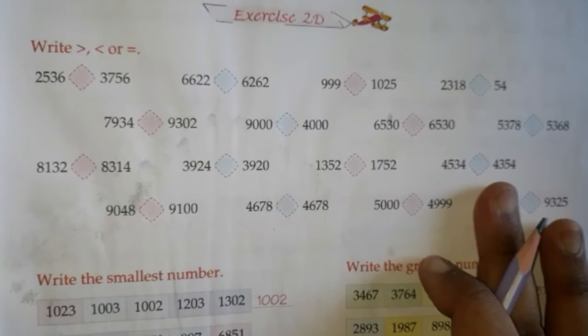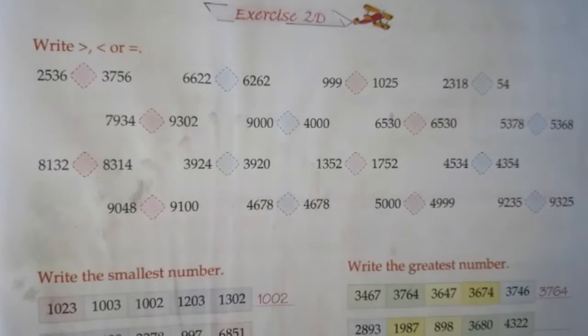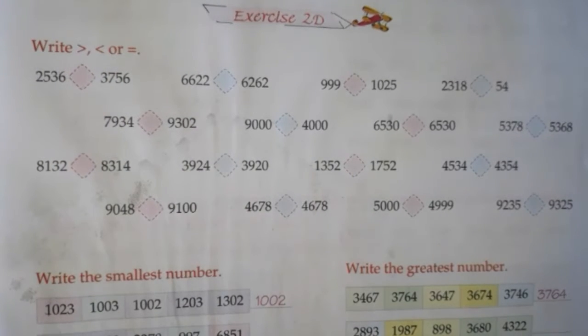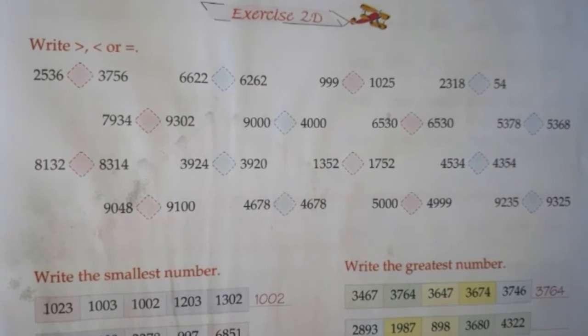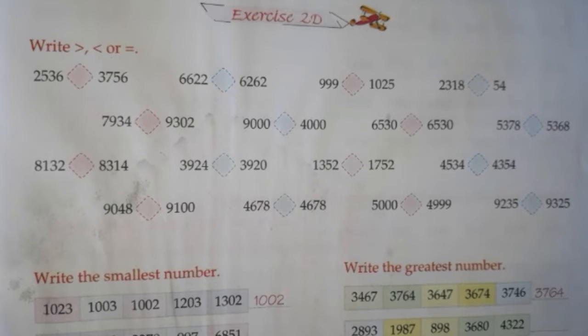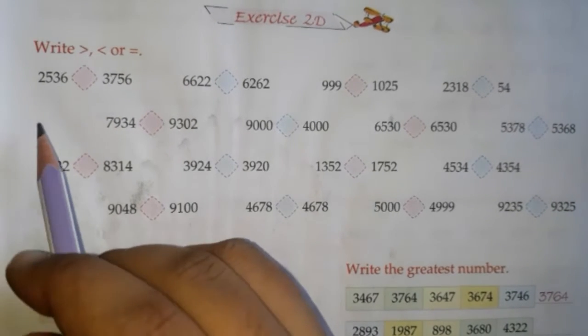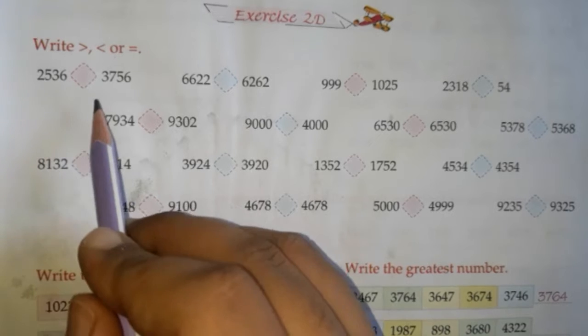Next exercise is 2D. First question is write greater than, less than, or equals to. We have to show which number is greater or which is lesser by these signs. Okay, so 2536 and